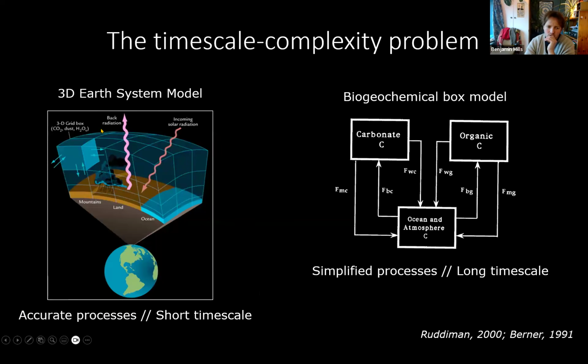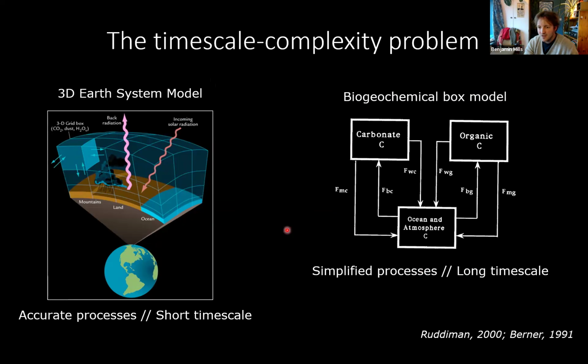Models that include climate and biogeochemistry in 3D typically cannot be run for more than 1 million years, and cannot really feasibly be run for more than a few tens of thousands of years if we start to switch everything on. So the models are fantastic. They're teaching us an awful lot about spatial interpretations of global biogeochemistry and climate, but we're not going to be able to run one of these models over, for example, the whole Phanerozoic or over the whole of Earth history. In order to do those longer timescale model runs, we have to use box models.